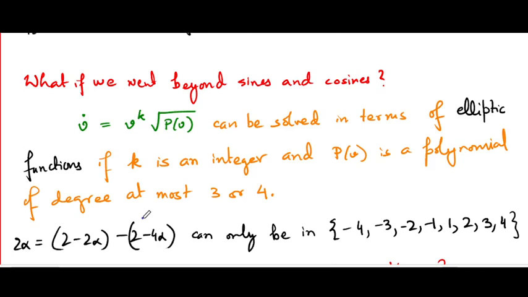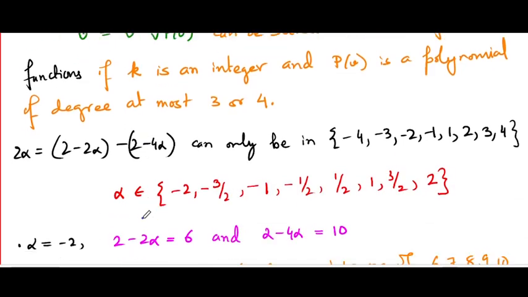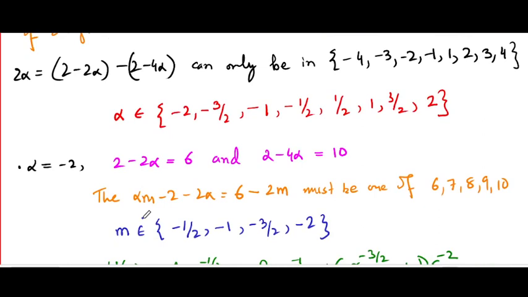However, let me just show you the case for one of these values. Since alpha can be any one of these: -2, -3/2, -1, -1/2, 1, 3/2 and 2, let us pick alpha equals -2. Then 2 minus 2 alpha is 6 and 2 minus 4 alpha is 10, which actually tells